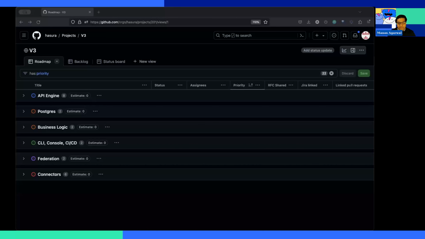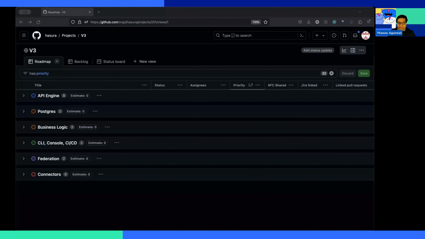Then there are the sections around how you build with Hasura using our CLI, console, and the tooling that is available. Federation is an interesting section as well, and I hope in the month of June we'll have more things to share. This is a key piece where we want to enable multiple teams to work across different subgraphs, different data models that you have brought in, and work together in a collaborative manner and keep developing and growing the API surface.